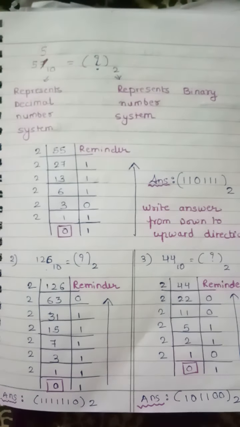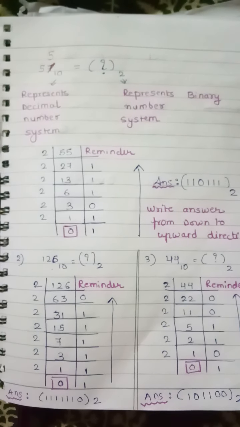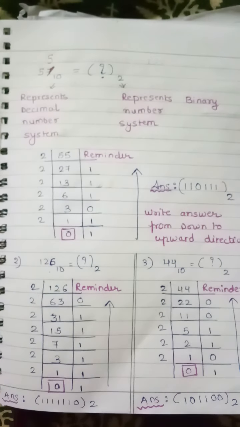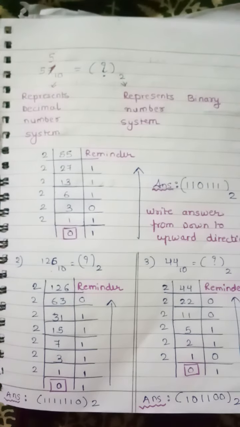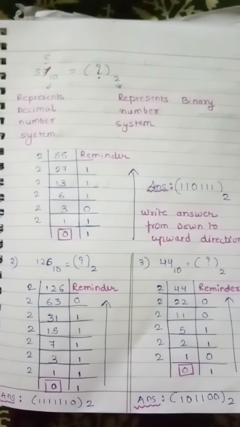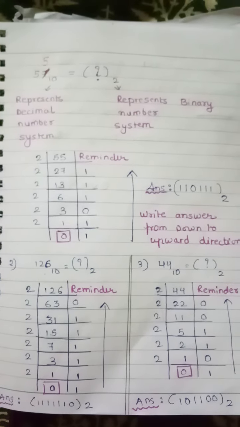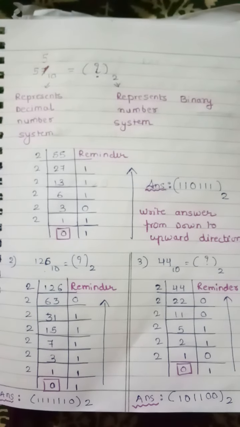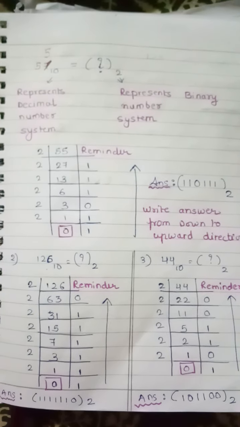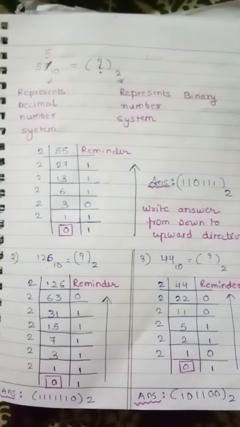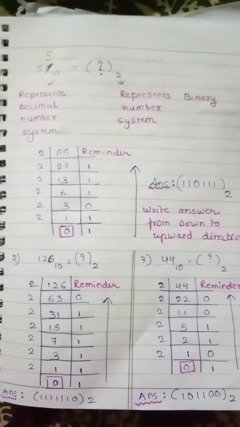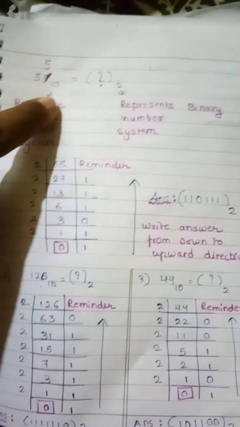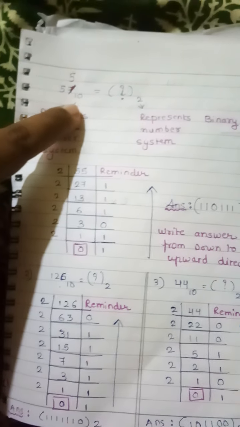Students, in our last video, we have learned to convert a decimal number into a binary number. We have learned that in computers we have 4 number systems: decimal, binary, octal and hexadecimal, where we are doing the sums of binary and decimal conversion. First we saw how a decimal number, made up of 0 to 9, that is 10 digits, is written with a base of 10. It's the decimal number system.